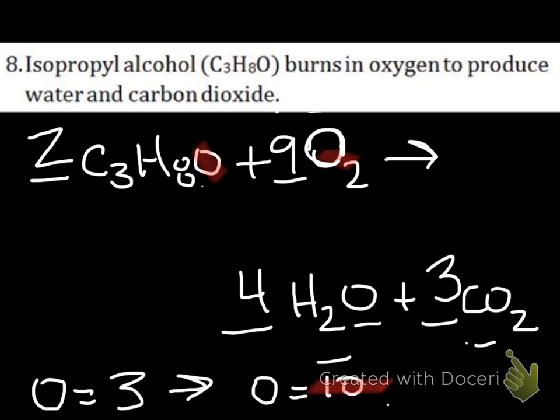But if I double everything to balance it, I have to also double the product side. So that becomes 8, and this becomes